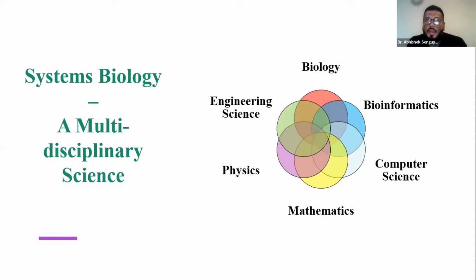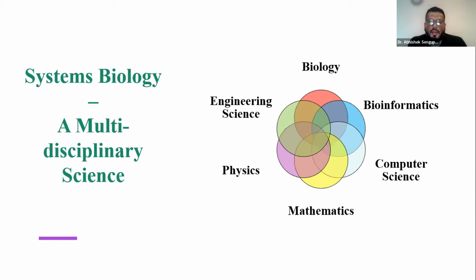You must have heard that engineers design cars, aeroplanes, different electronic items, even these social networking sites, right? They are also designed on the basis of these network concepts, right? So all these concepts have come from engineering science, and now through systems biology they are being used